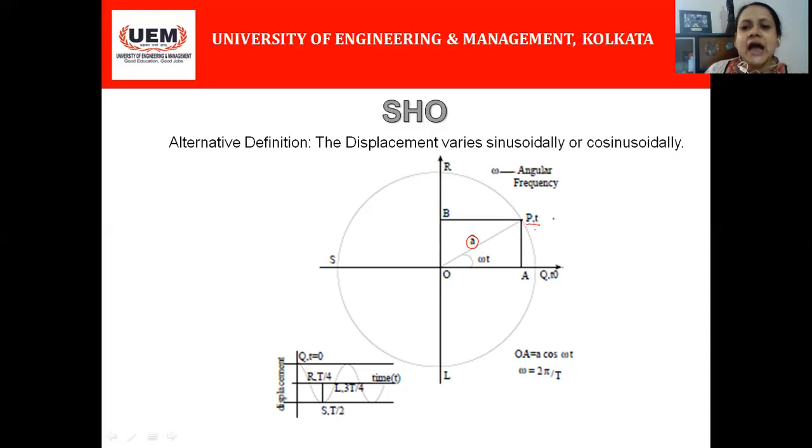Okay. So as you see, I have a two-dimensional picture. The circle is in two dimensions. These are the x and y coordinates respectively. But as we know, simple harmonic motion is a linear motion. Simple harmonic motion is a linear motion. Why is the motion linear, I say? Because as we have said, the restoring force acting on the particle undergoing simple